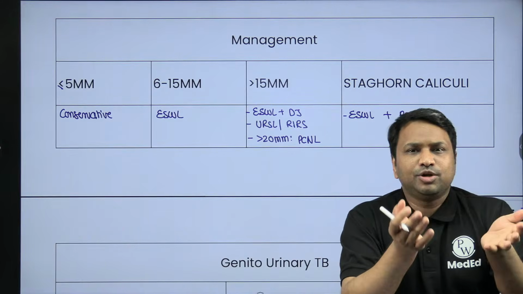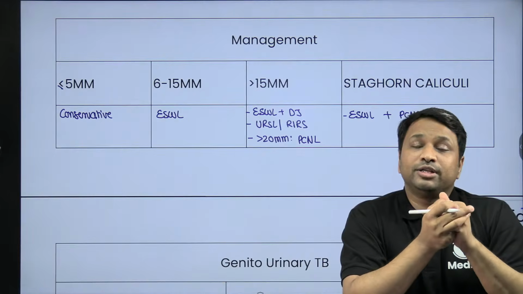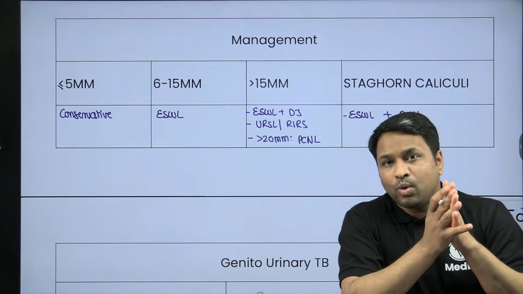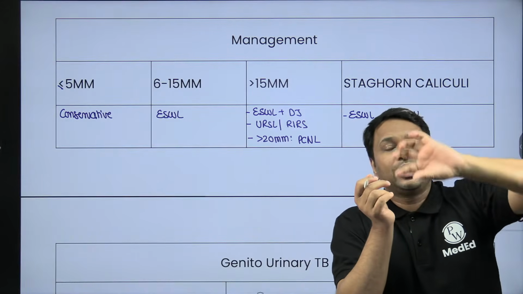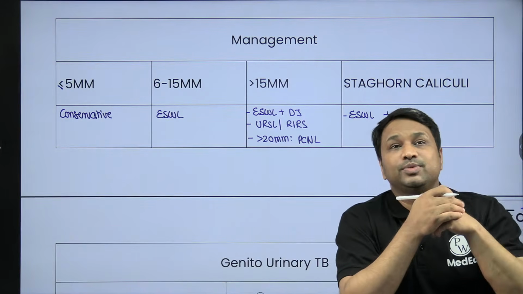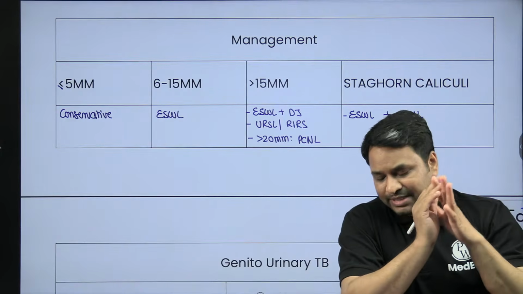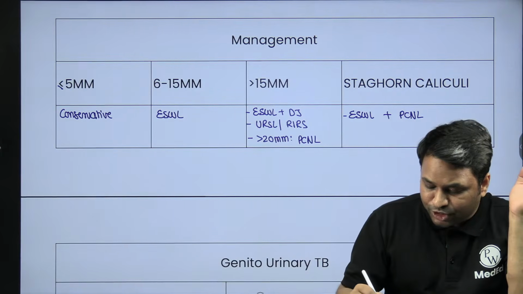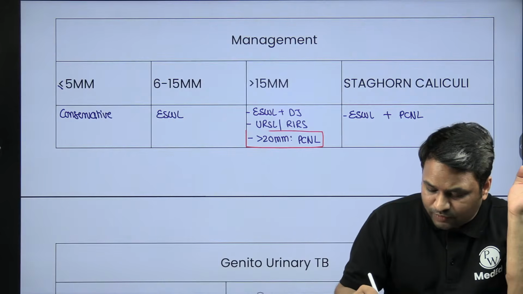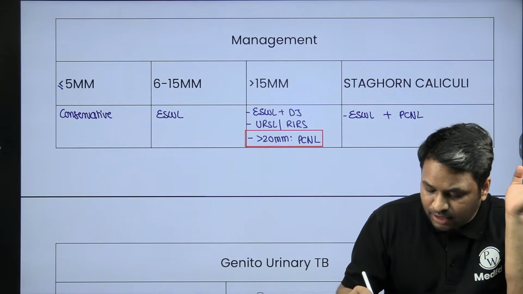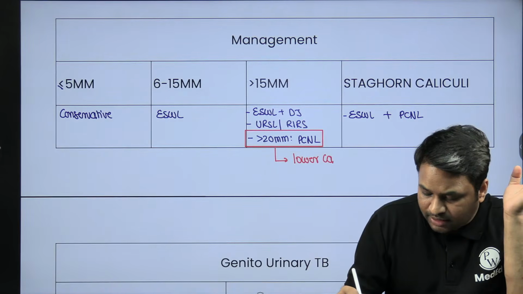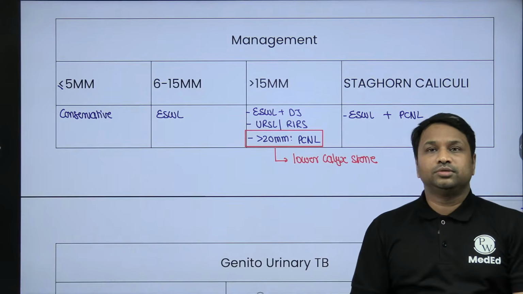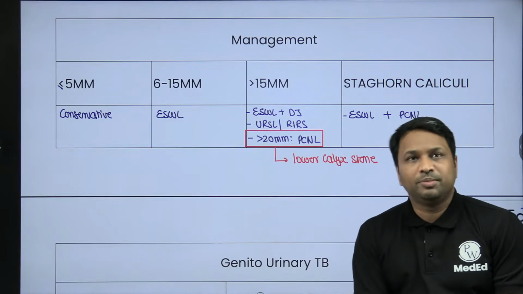URSL and RIRS, that is URSL is ureteroscopic lithotripsy or the retrograde intrarenal surgeries, are done once the stone is getting stuck in the ureter or they are present in the lower lying calyxes, right? So lower lying calyceal stones you cannot access with URSL or RIRS, then you have to do PCNL, right? So the current indication for PCNL, size of the stone is more than 20 millimeters or if there is a lower calyx stone which is not going to drain out, or rather it is not going to be accessed by